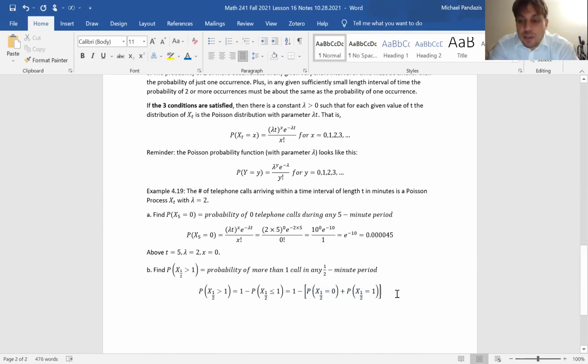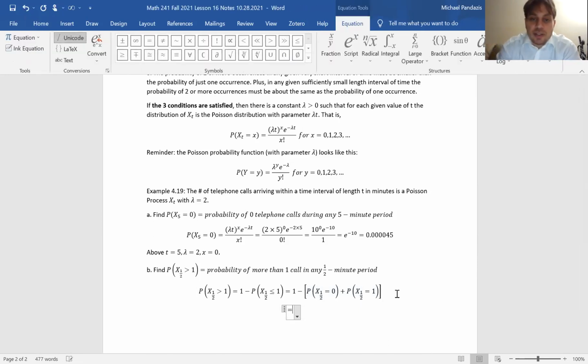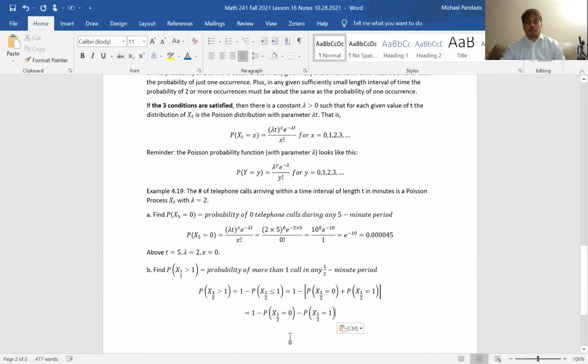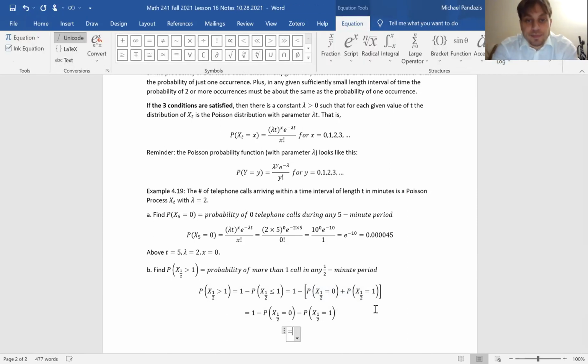So the minus sign distributes. Okay, so just adding another step just to make sure that there's no confusion here. Since it's the sum there, it's 1 minus the first and also minus the second. We're subtracting the sum, which means we subtract both of them from 1. Okay, so it's just a matter of finding each probability and plugging them in and getting 1 minus the first probability minus the second probability. And that's the answer. Okay.